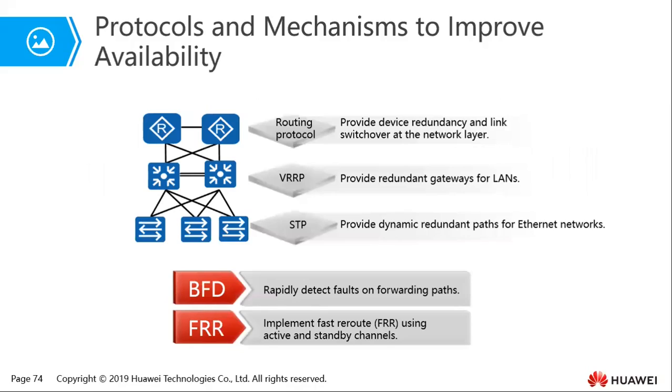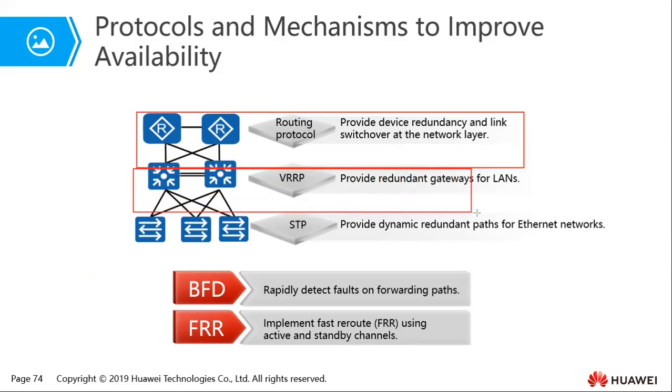Okay, so just a quick one. This is the same thing that I've just told you about, what I had just drawn there. So here we can use routing protocols to ensure that we have link switchover and provide redundancy by using the dual star. For example, at the access layer,